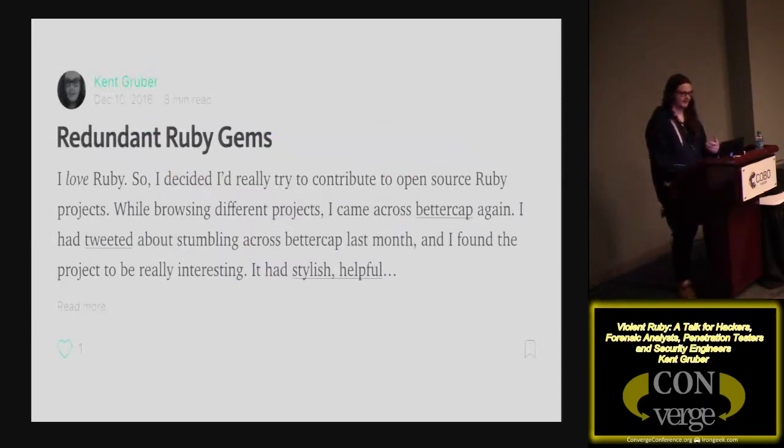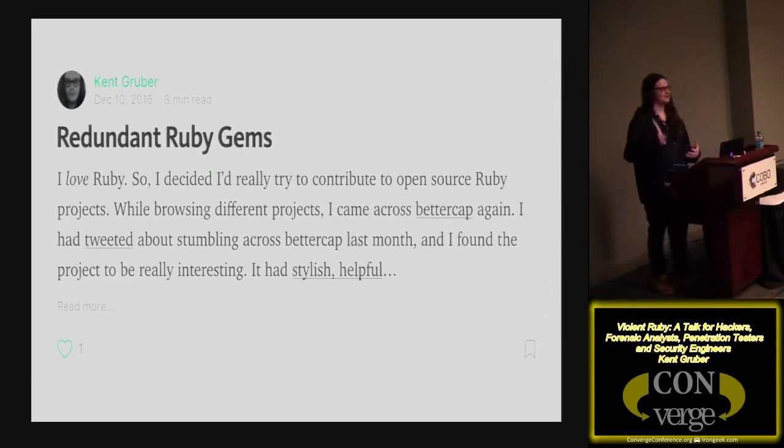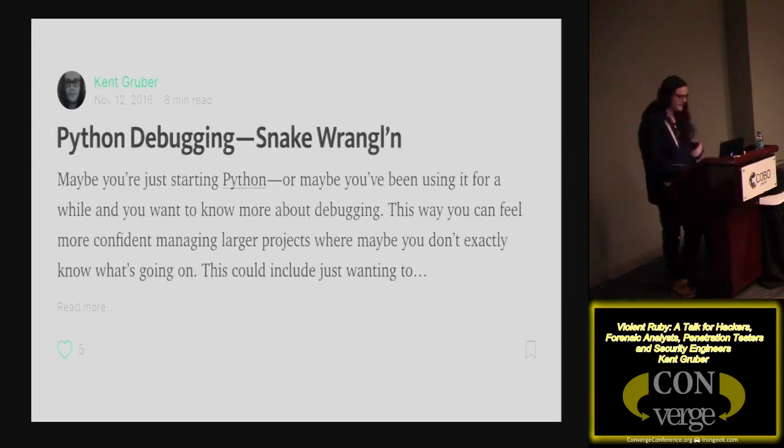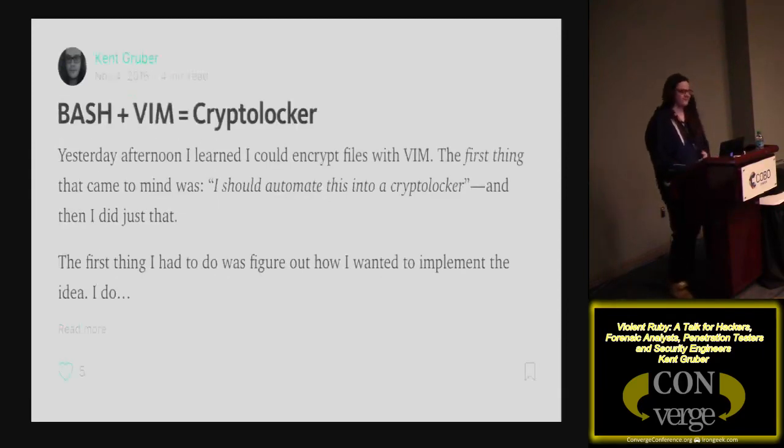I really like Ruby, obviously. When you load up Ruby, you require gems, just like importing stuff from Python. You're pulling in libraries. If you do that in Ruby and you're pulling in redundant gems, let's say you pull in JSON, then you pull in this random gem that already pulled in that JSON gem, all you really had to do is pull in that second gem and never pull in JSON to begin with. So you can find these redundancies. Weird stuff like that. And not just Ruby, Python debugging. I like Python too, but Ruby's got my heart, for packet analysis and all sorts of fun stuff.